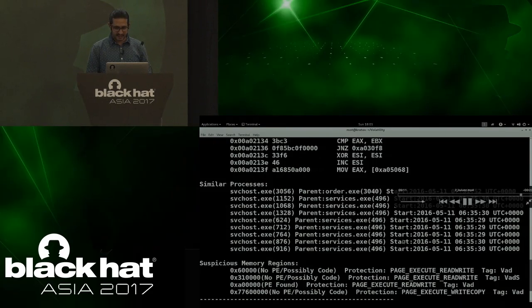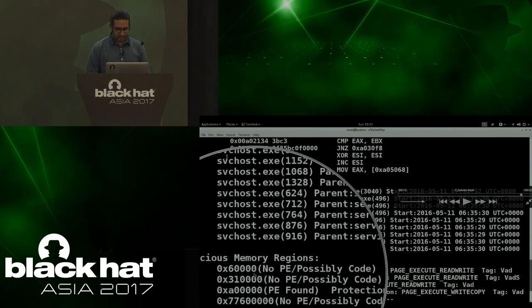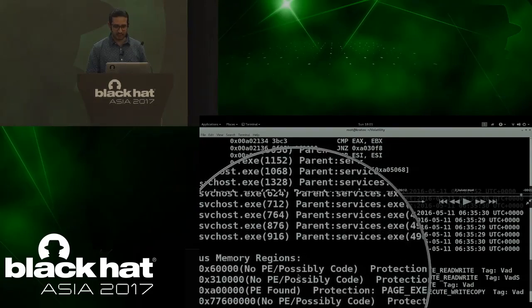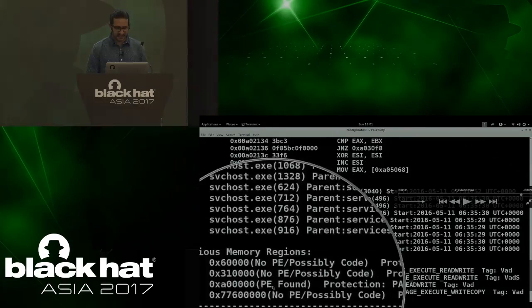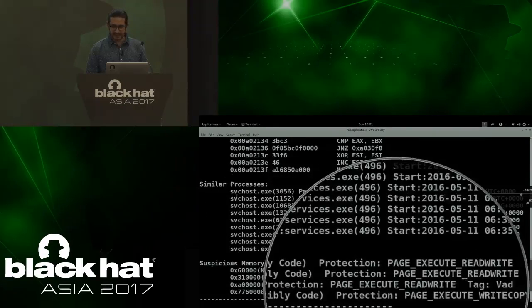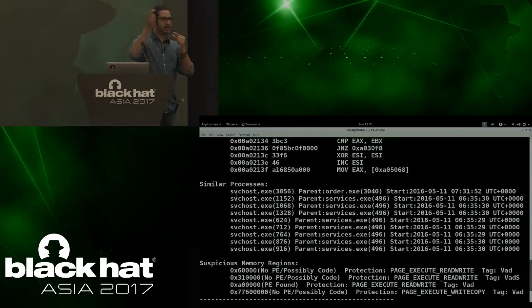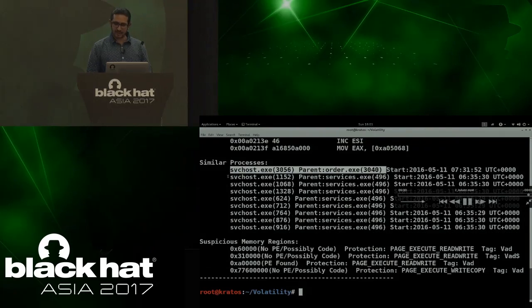Now, like I said, apart from displaying the similar process, it also displays the suspicious memory regions. You see that now you know that you have to focus here. It tells you that it's similar to malfind. It tells you that there is no PE, but it has a page execute read write protection, that is suspicious, and it also tells you that there is a PE executable, but it does not have a page execute write copy protection. So now you will be able to identify both the components, one that is doing the redirection, one that is doing the malicious activity. Okay. So that was about Kulos.